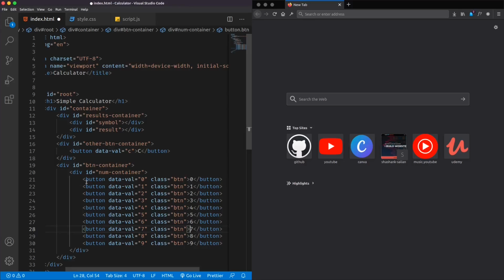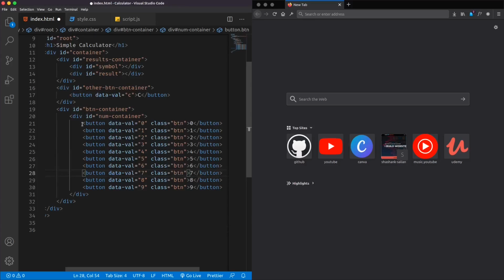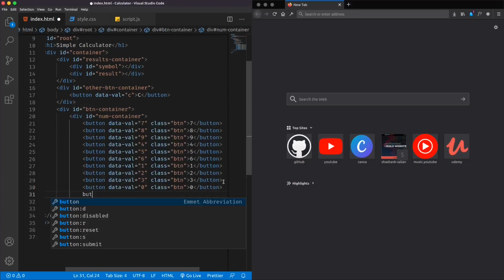Now if you didn't understand what I did, you can check out the description. There I have given a link to Visual Studio Code HTML Snippets, and you can learn many shortcuts from there. Now I'll be just rearranging all these buttons to standard calculator type, and create another button with the attribute of data-val equals to